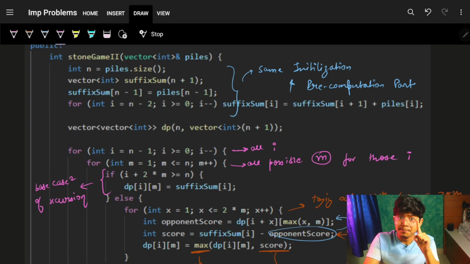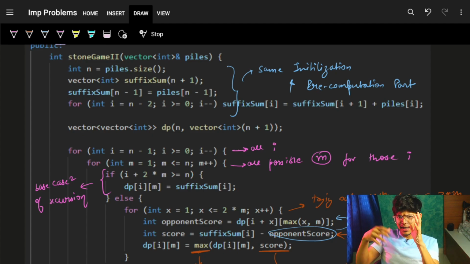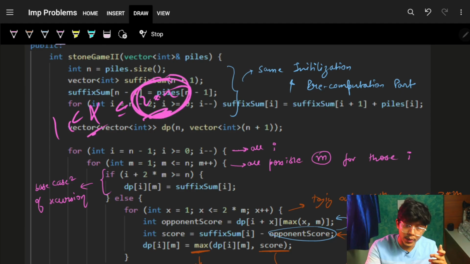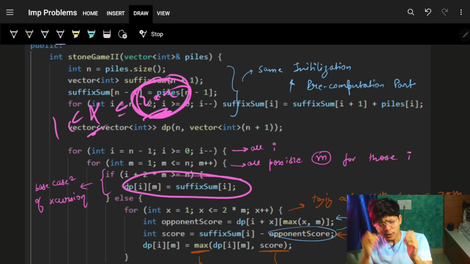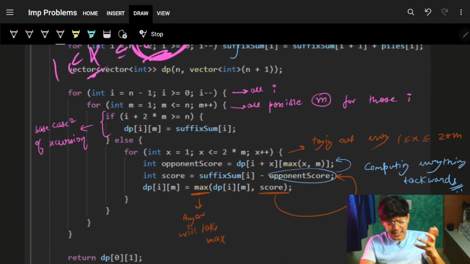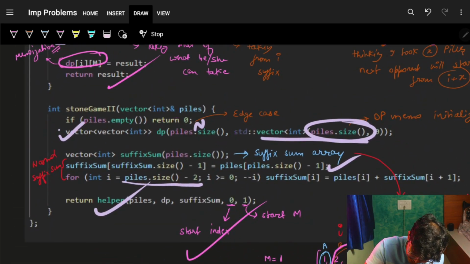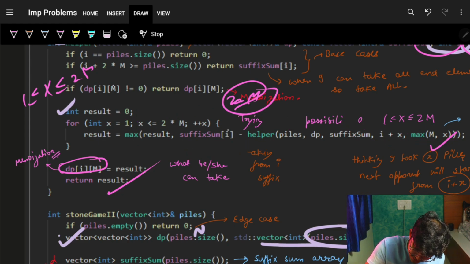Then I also know that, what if I can take all the n elements if I am at I? I can choose x from 1 to 2 into m. By just adding my maximum m, which is maximum x, which is 2 into m, if I can grab all the n elements, so I can just simply add that suffix from I. Else I can just try to take for every x and see what is my opponent score, what is my score. My score will be nothing but the suffix of I, as simple as that. As you saw, suffix of I, okay, where it is gone, let me erase this pretty quickly. It is suffix of I,